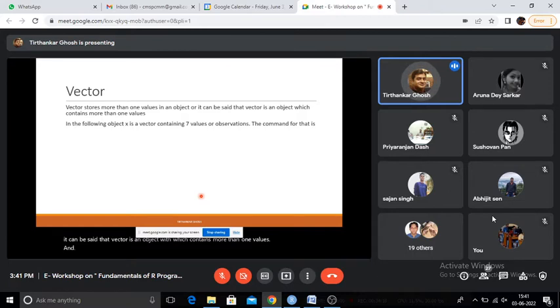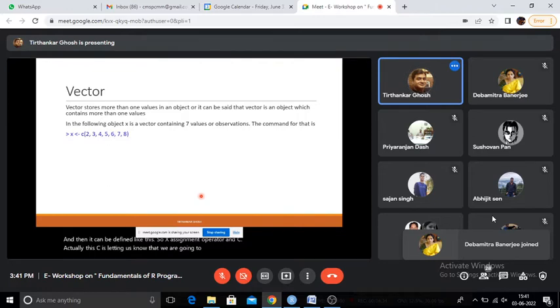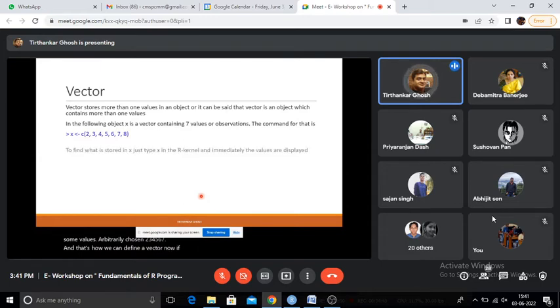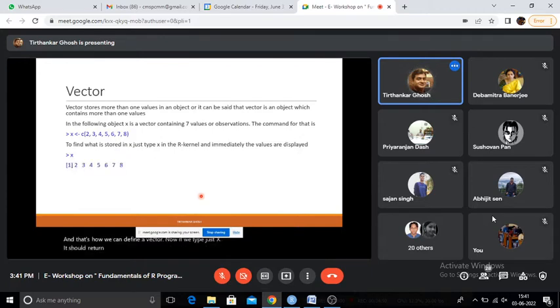If there is a vector x which contains 7 values, it can be defined like this. x, assignment operator, and c, which lets us know that we are going to write a vector, and we write some arbitrarily chosen values 2 3 4 5 6 7 8, and that's how we define a vector. Now if we type just x, it should return the values of the vector.